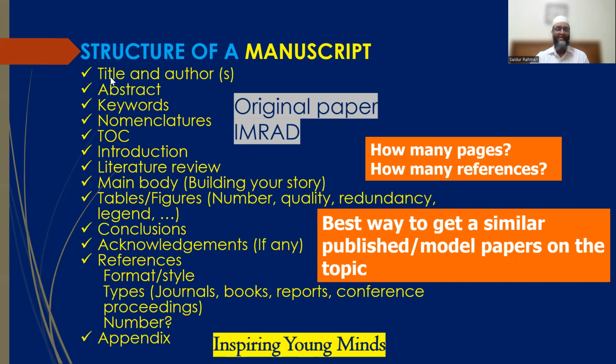So there will be a title and list of authors. It's similar, no difference. There is an abstract. The abstract for an original paper and for a review paper will be almost similar. So when you look at the abstracts of some papers, that will guide you on how to write the abstract of a review paper. Certainly, there should be a few keywords, nomenclatures, and most importantly, in our case, we always ask the students to come up with a TOC, that is, a table of contents. I will share how to develop a table of contents and what a table of contents looks like. It is very important for us. This is one of our practices.